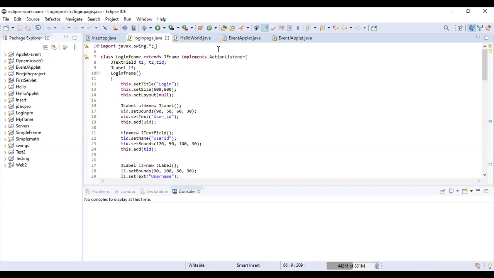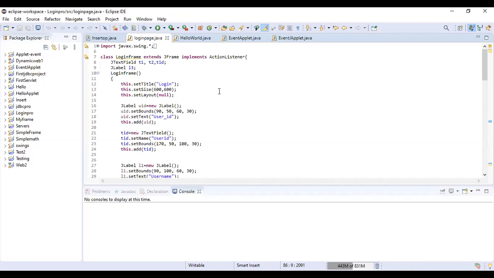So suppose your object is a button, initially its state is unclicked, and when we click that button, we press that button, its state becomes clicked. So that is a change in state. So what should happen when you click the button? That code is nothing but the event handler. What should happen when the button is clicked or when something happens on your form? That is nothing but the event handler.